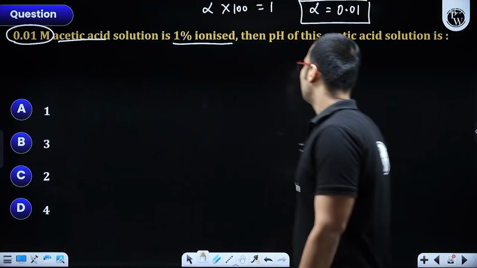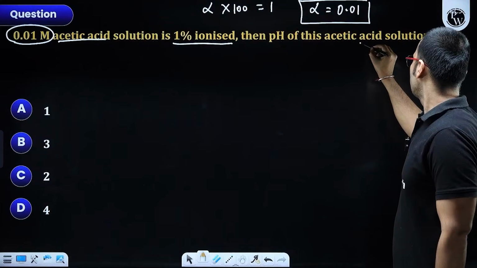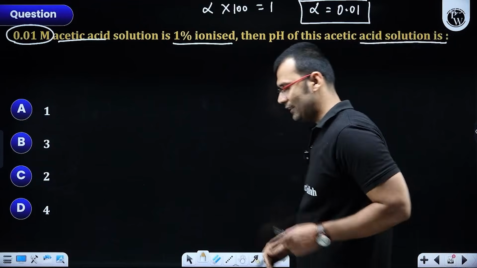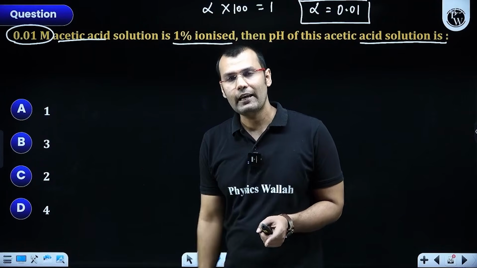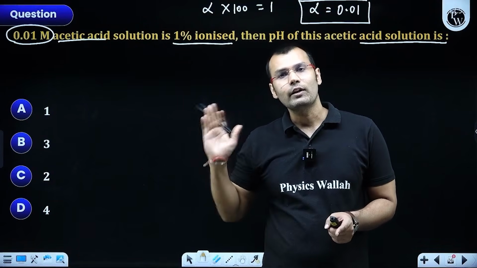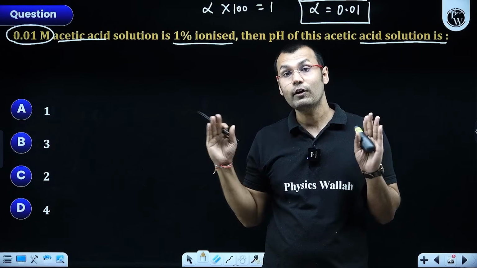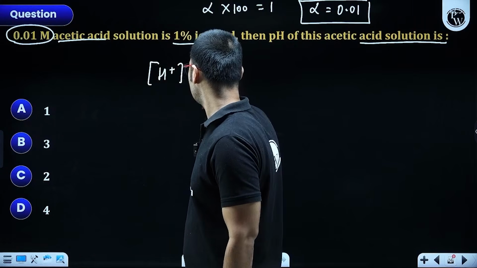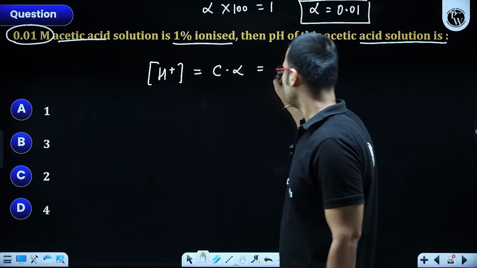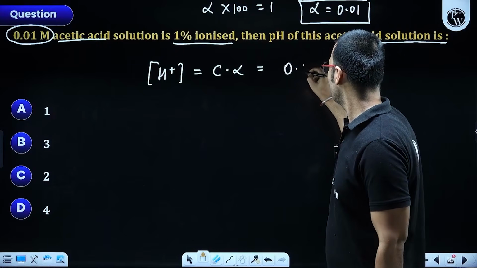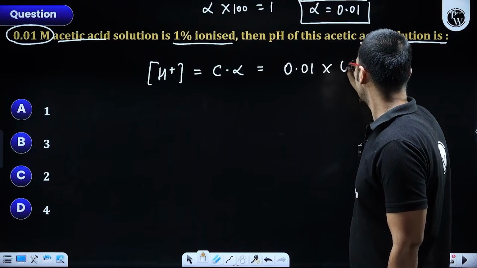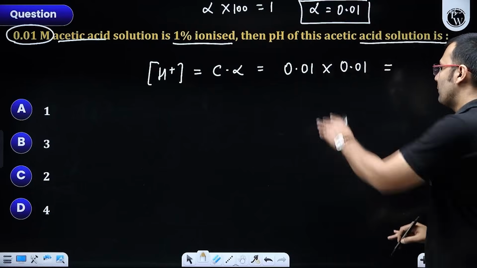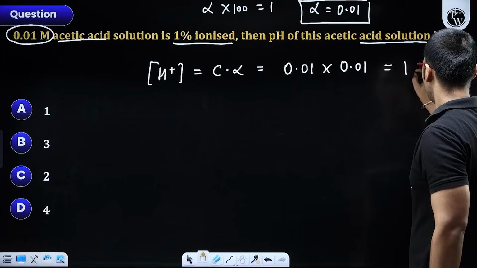Now, what is the pH of this acetic acid solution? In this question, they have not given the pKa value or Ka value. They have given what? Alpha and C. So in this case, what can we use? We can directly use the term that concentration of H plus is C alpha. Here C is nothing but 0.01 molar and alpha is 0.01. So 0.01 into 0.01 is 10 power minus 2 into 10 power minus 2, which is 10 power minus 4,